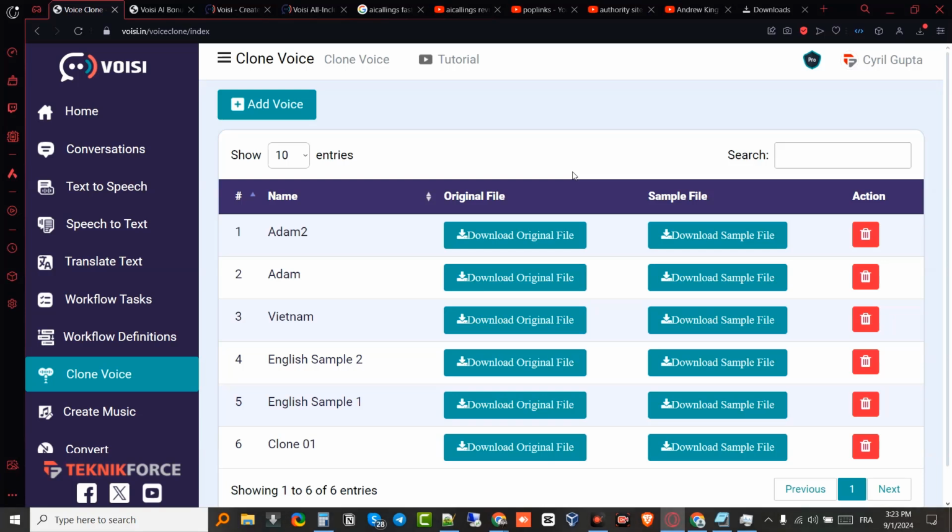It's not going to give you the absolute best clone of your voice, but if you don't want to record your own voice and you don't have time, you can definitely use this one to generate conversations and to even use in other features of the software.